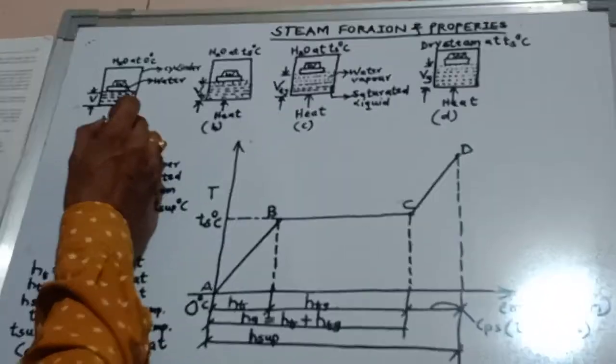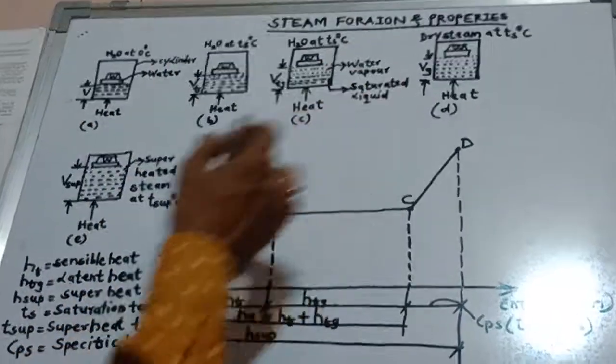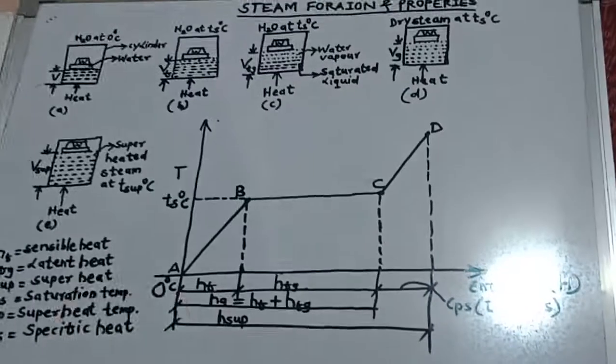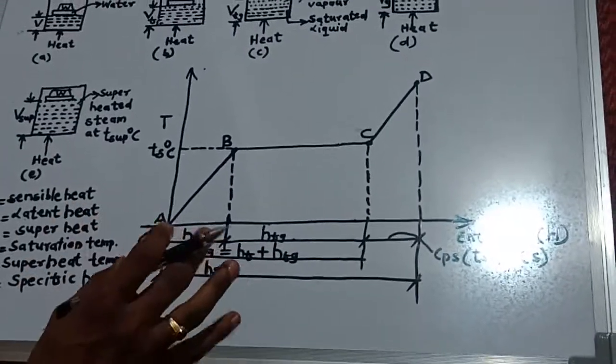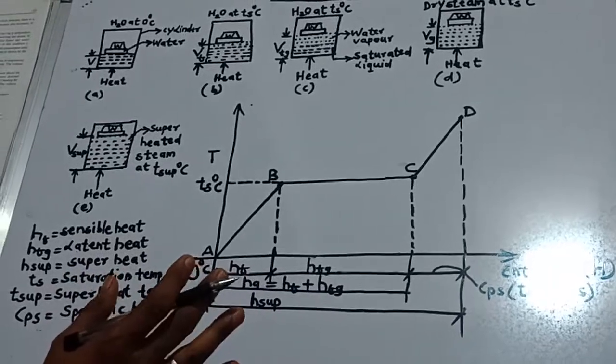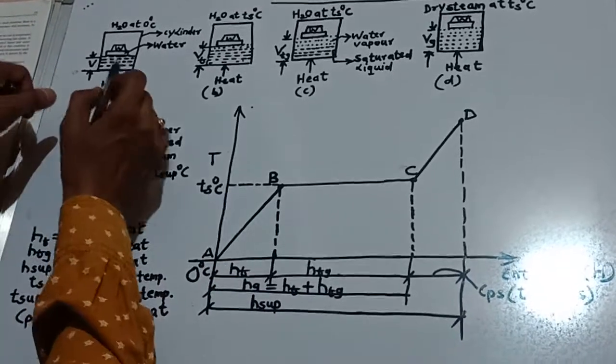Now, it is studied in 1, 2, 3, 4, 5 stages. In the exam, you have to draw the 5 diagrams and this graph. Actually, you feel this is very difficult, but don't be under a wrong impression. It is very easy to understand. I will explain it to you in the easiest way. Now see here,